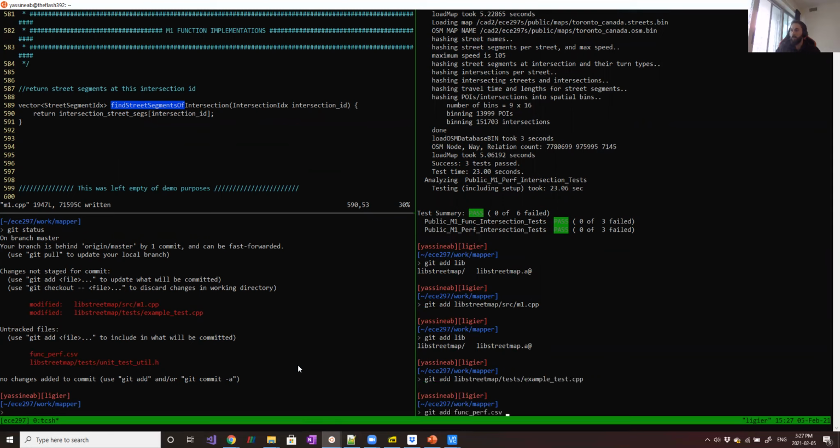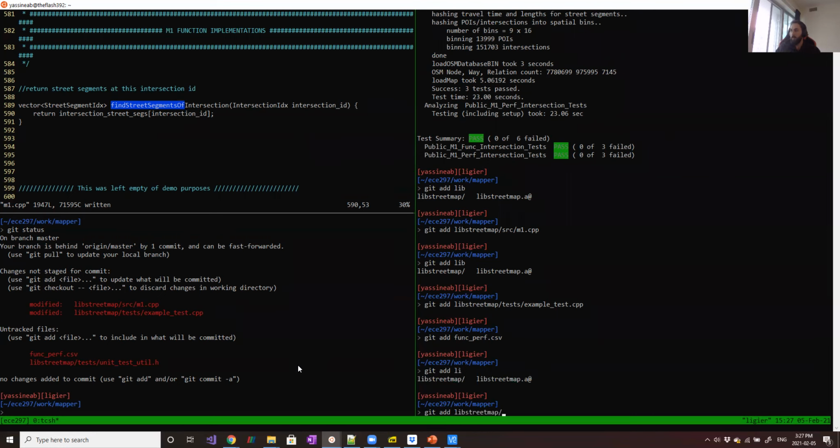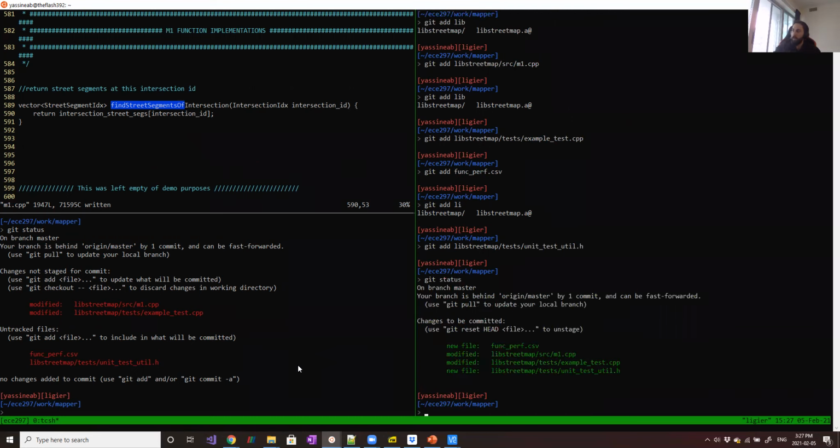func. These files haven't been pushed to the repository basically. And git add, the last one is libstreetmap unit test. Okay, so if we do a git status, then the colors will change to green, which means that we've already done a git add, but we haven't committed yet. So git commit